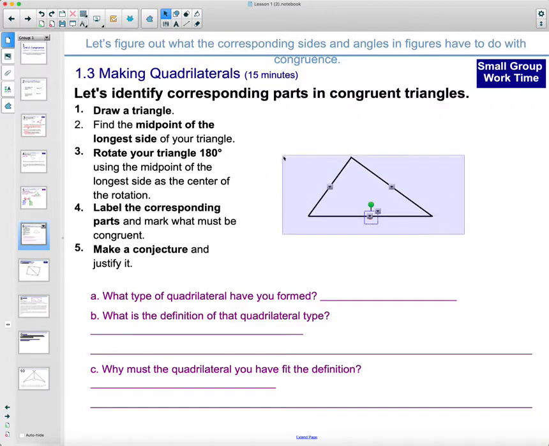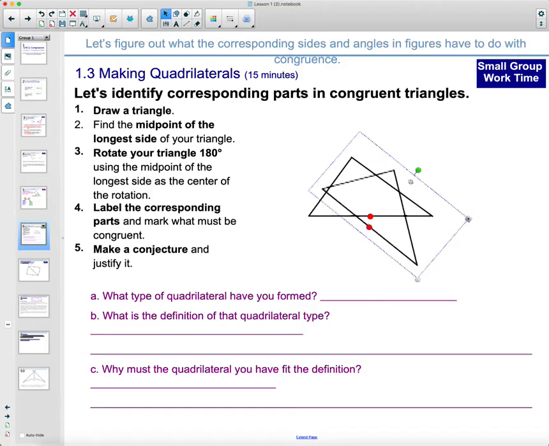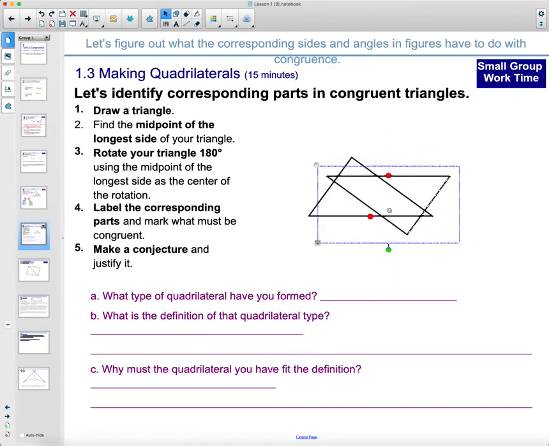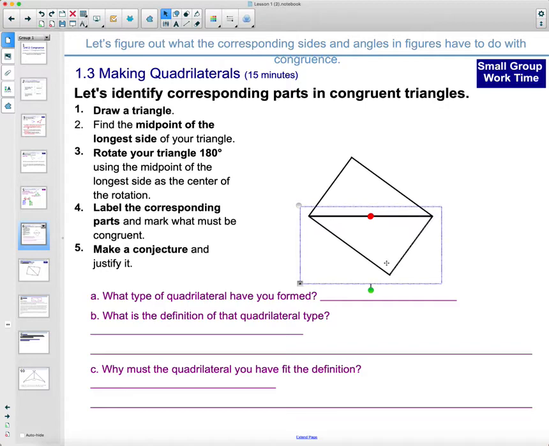So tracing paper, just rotate it around. The 180 degree rotation is just going to match up your vertices. Even if you don't have the midpoint exactly correct, you're just going to rotate. It'll keep these 2 vertices the same. So just sketch the triangle, rotate it around,